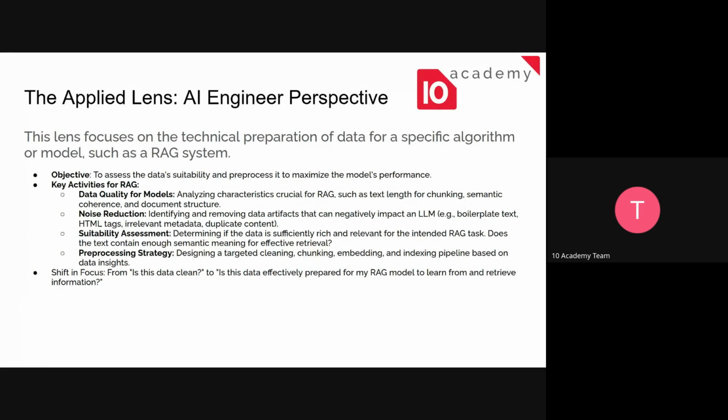Okay. So the applied lens, from the AI perspective, focuses on the technical preparation of data for specific algorithms. So we assess the data suitability and pre-processing to maximize the model's performance. The key activities for the RAG system specifically: the key feature that matters will be the data quality for models, right? Since we're going to use models in different parts, like chunking,